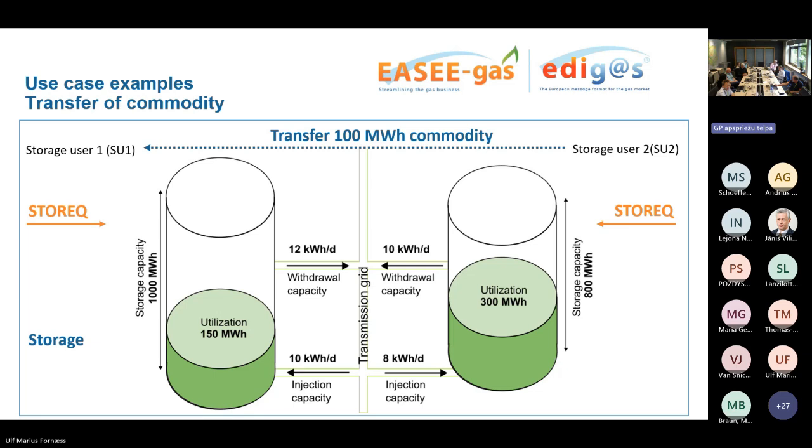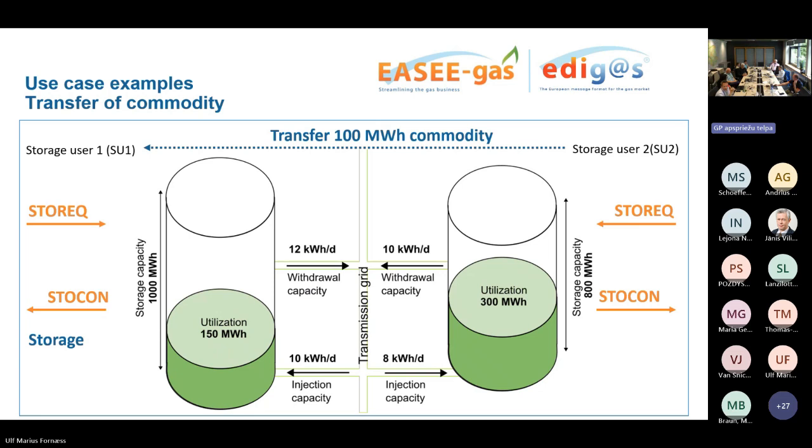And in that case, withdrawal capacity rights and injection capacity rights stay as they were before the transaction, because the only thing that happened here is this transfer of the commodity, or this gas, between the two storage users. And after validating this transaction, we as a storage operator will reply to both storage users with the token message confirming this transaction is done. And that will conclude the transaction successfully, and I would expect that all involved parties would be happy with the outcome.